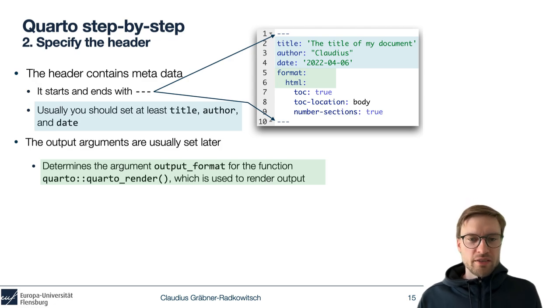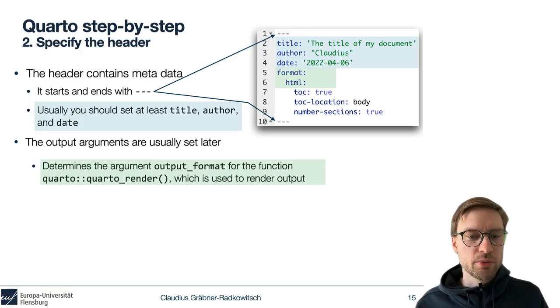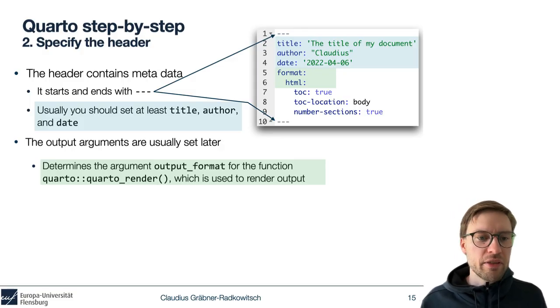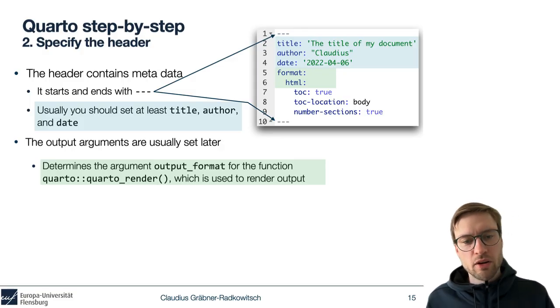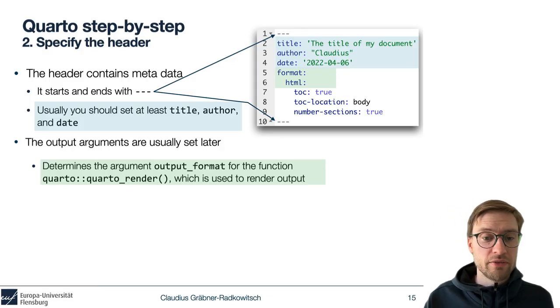Although you might just use the point and click way of doing this from RStudio, even if you click on the button to render a document, which we will see later, under the hood this function Quarto render will still be called. And everything you write there, like HTML in this case, will be passed as an argument to this function, output format in the Quarto